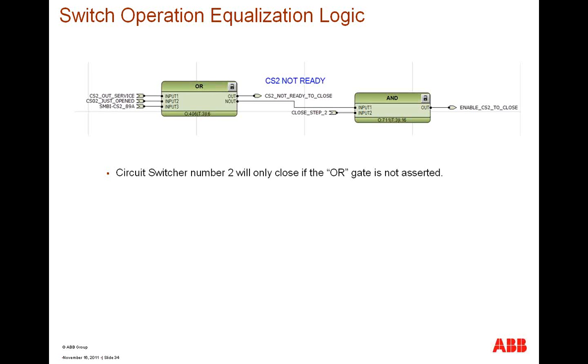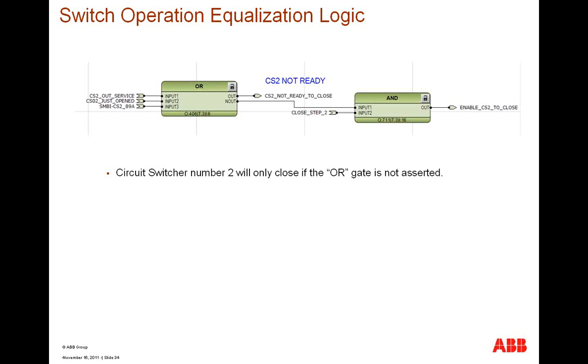How we supervise this close operation is by this OR gate. If this OR gate is picked up, we can determine that circuit switcher number 2 is not available to operate. I drive this by these 3 wire tags. These conditions are if the circuit switcher is out of service, if the circuit switcher has just opened, which can be set based on some time delay, knowing that certain capacitor banks must discharge their capacitance. If they have just opened, they sometimes need a time delay that would cause the circuit switcher not to be available, or if the circuit switcher is already closed, driven by the